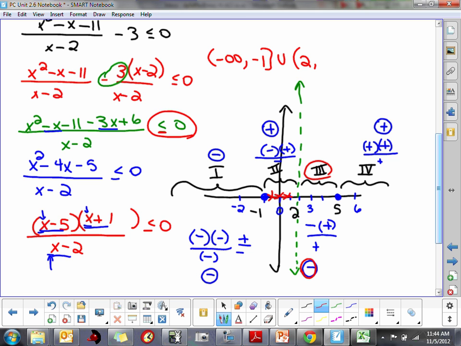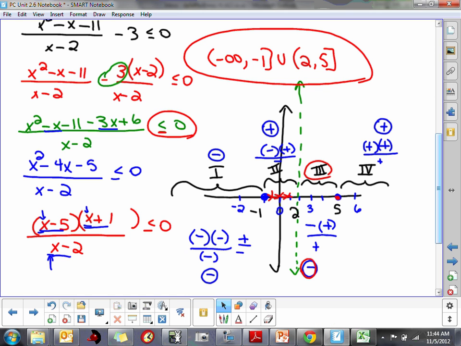We want to go all the way up to and include, since 5 is part of your solution set, the 5 square bracket. And that should be it because in region 4 they were positive. So our solutions are anywhere from -infinity to 1 inclusive, union 2 to 5 inclusive. Okay, so there's only one more example to work through on this,